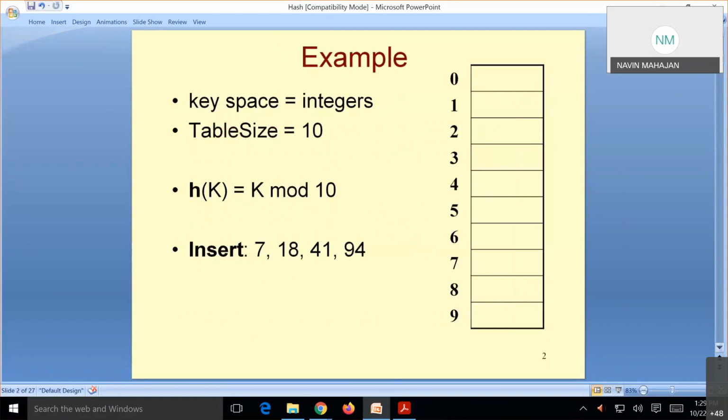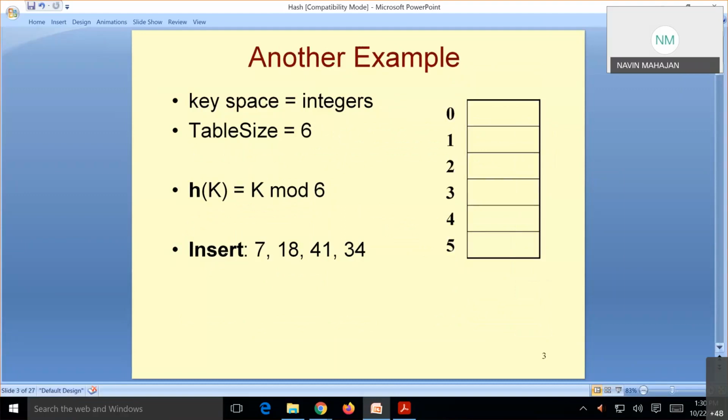Example: we have key space equal to integers, the table size is, suppose, 10, then the function we are going to use is K mod 10. When you want to insert these elements, how are we going to do this? We'll apply 7 mod 10, 18 mod 10, 41 mod 10, 94 mod 10.